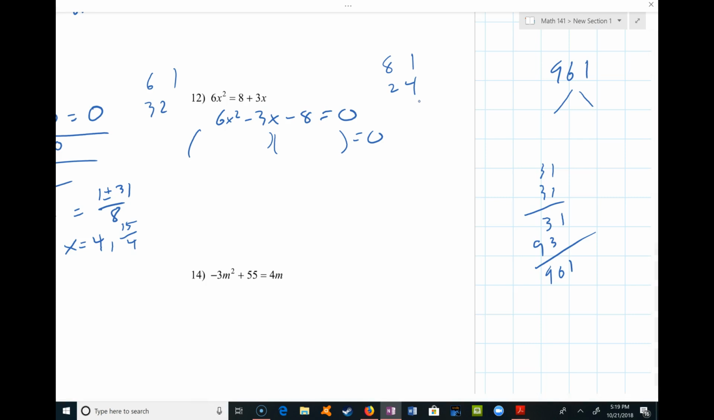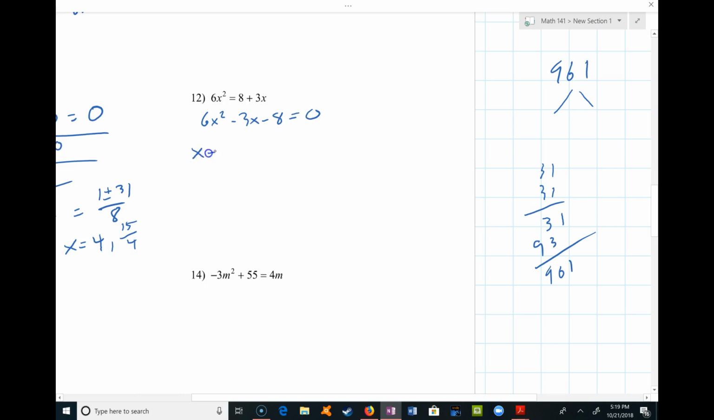2 times 3 is 6, 2 times 4 is 8. So close. I'm going to give up and try the quadratic formula, because I know that'll work. So this is 6x squared minus 3x minus 8 equals 0. So that means x is equal to